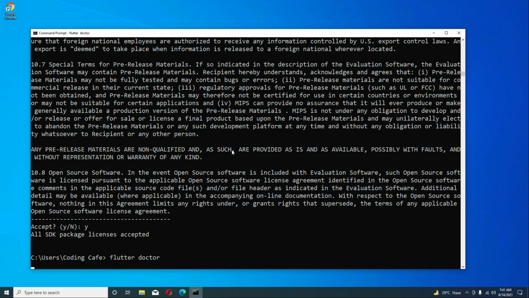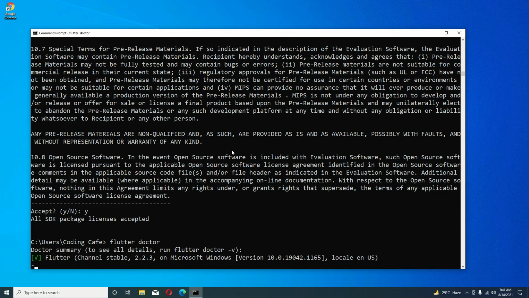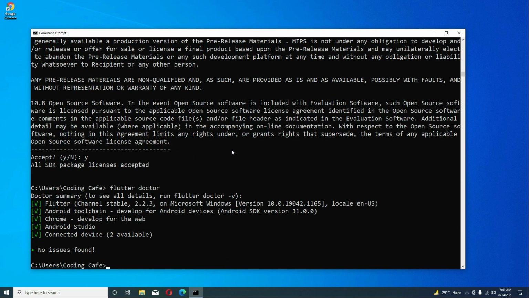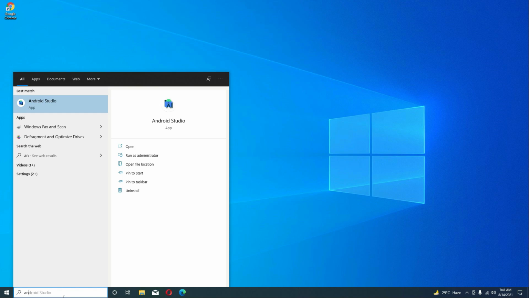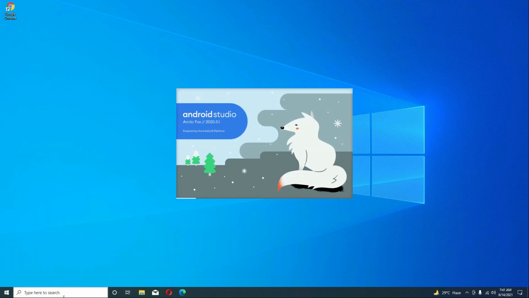Now let's run flutter doctor again, and now all the issues have been solved successfully. So our Flutter has been installed successfully, as you can see here. Now we have to create our first Flutter project using Android Studio. So let's open up Android Studio,